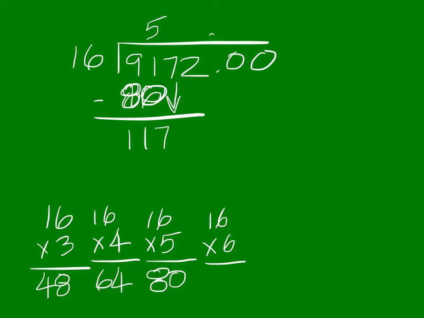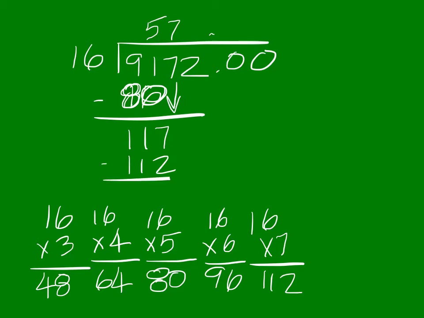I know the answer for 96. 96 is right. Can 7 times... I get another 16 in addition to 96? What's 16 times 7? 112. 112 is right. So it looks like it's going to go in 7 times for 112, and when I subtract,